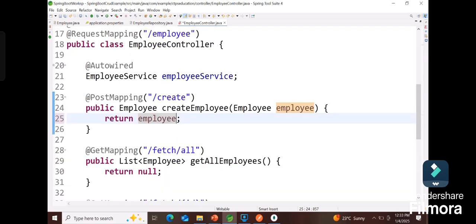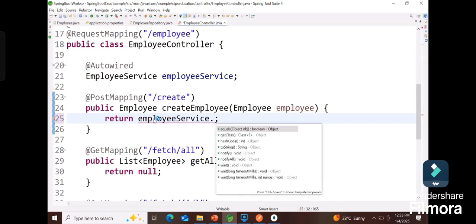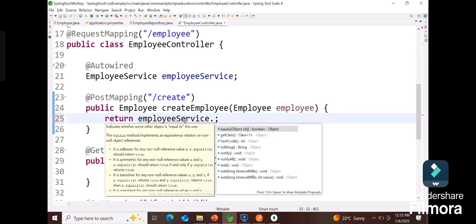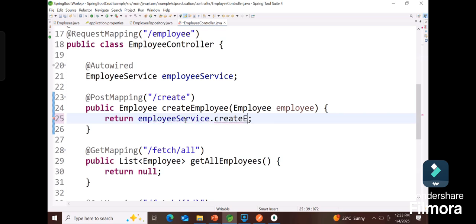We can even directly call the repository layer, but we have added the service layer because it is used for adding the business logic, and that is the best practice. Instead of calling the repository layer directly from the controller, we should be using one service layer to handle all the business logic. Now let's add it in this @PostMapping, employeeService.createEmployee,